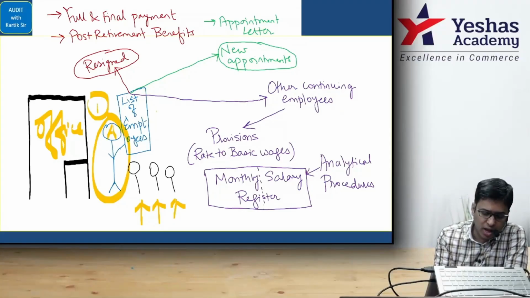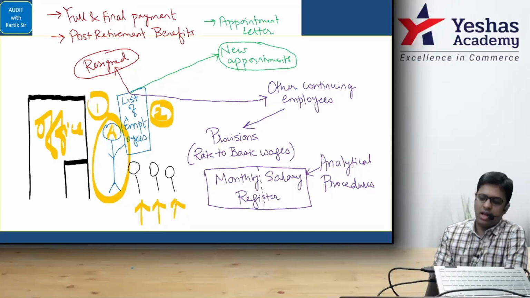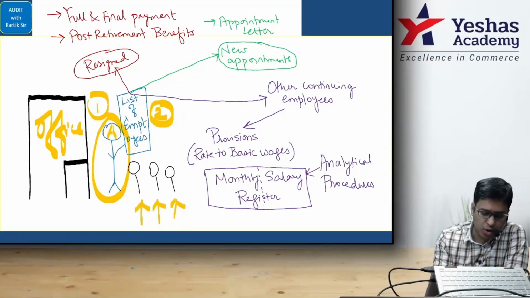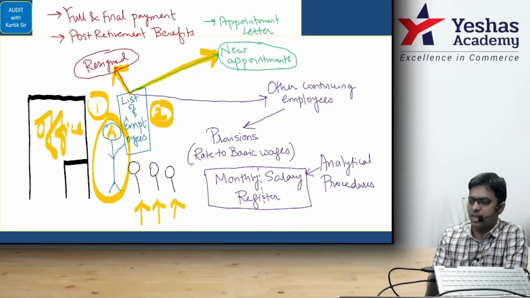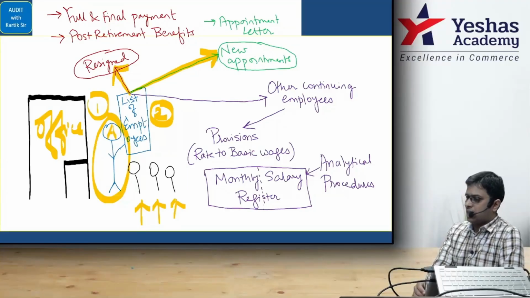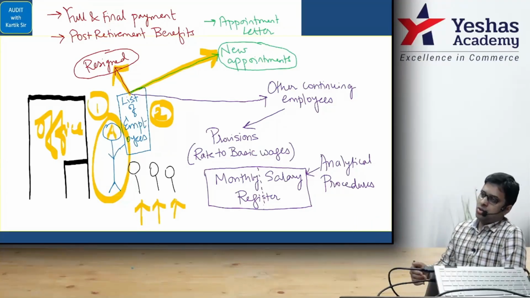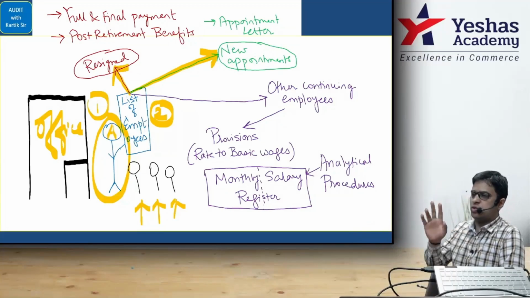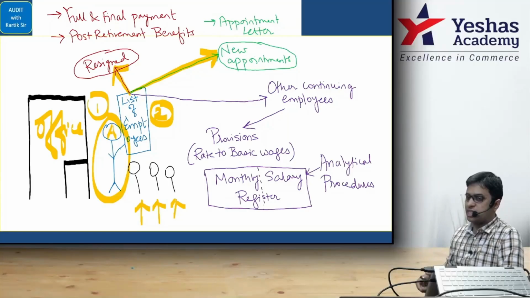Second, the auditor should have a list of employees with him, in 3 different categories. First is the employees who are newly appointed, and employees who have resigned from the company in that month. Let's say we are looking at June 2022. In that June 2022 month, let's say on 4th one employee resigned, 7th one employee resigned, 12th one employee resigned, on 30th June an employee resigned, like that. So we should get the list of the resigned employees.